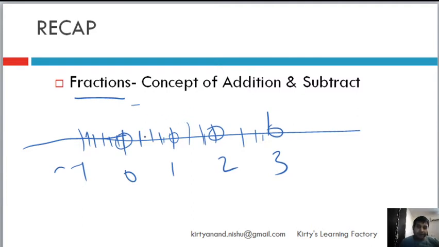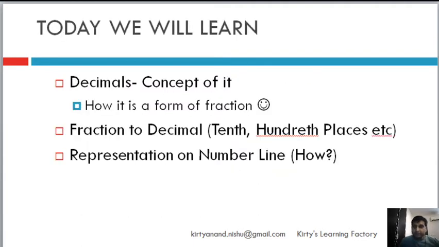So some part of 1, or if it is here, then you can say that 1 is whole and then again some part of 1. So eventually, fraction is basically something which is less than 1, which is why it's called fraction or parts. Today we will learn something which is the brother of fraction. Same thing, but we have found a way to express it differently, and we call it decimals. In Hindi, it is also known as dashamlav.